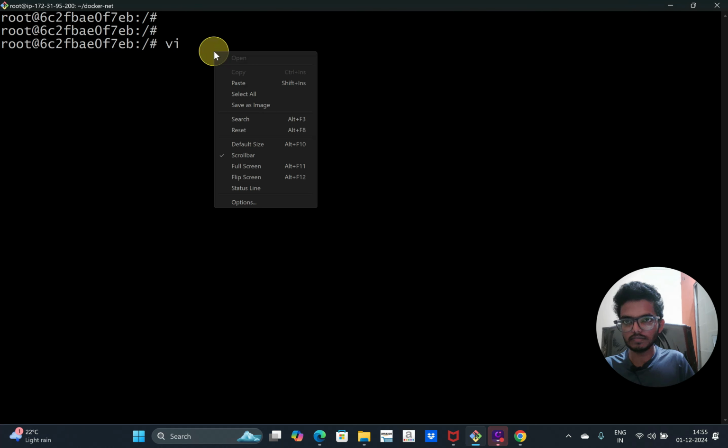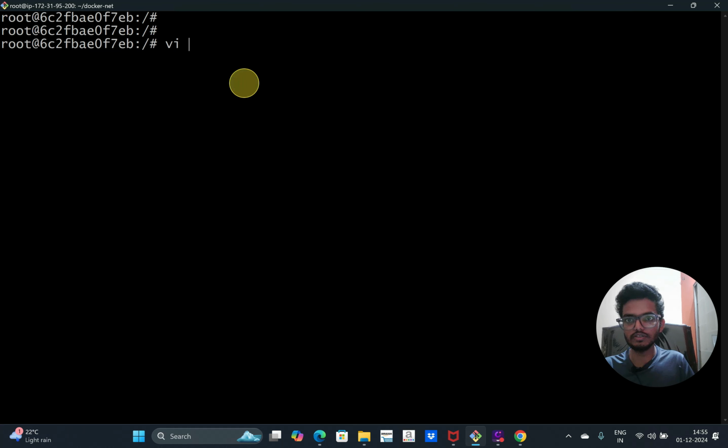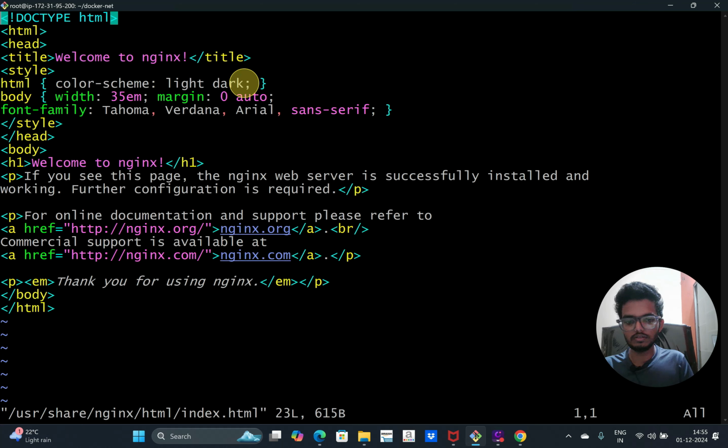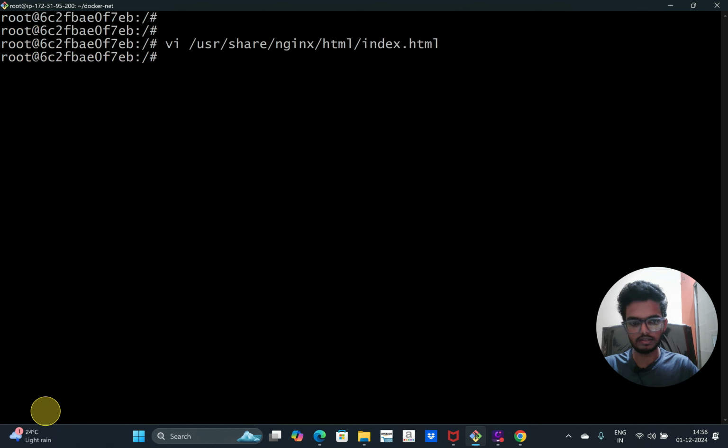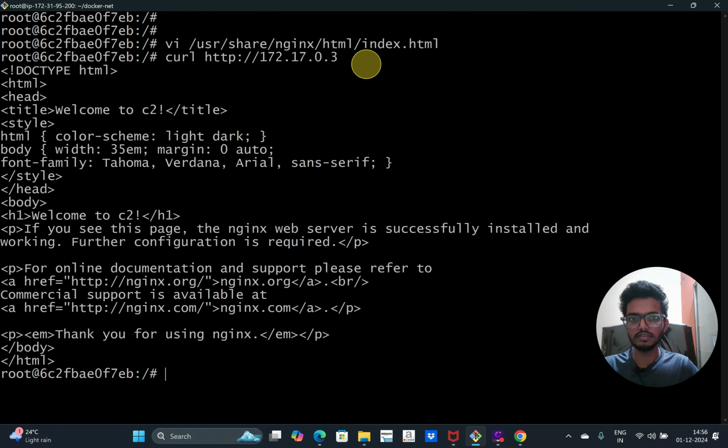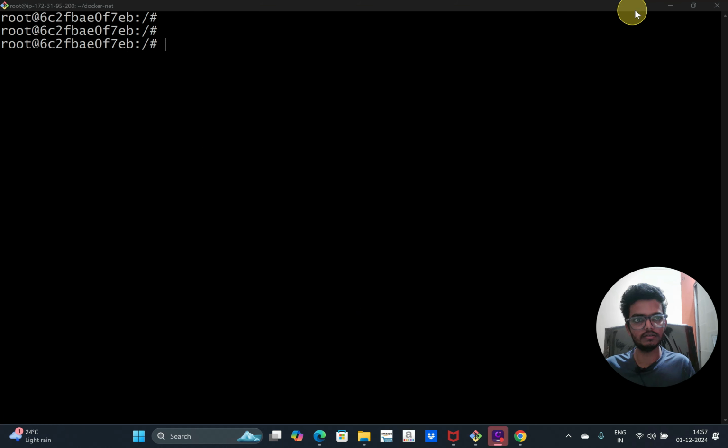Let me modify the index.html file here also. Here also I am going to change it to welcome to C2. So I have modified it to welcome to C2 here, and let me save this file. Now if I do the curl to C2, curl http 172.17.0.3, I will get the welcome to C2 message now.